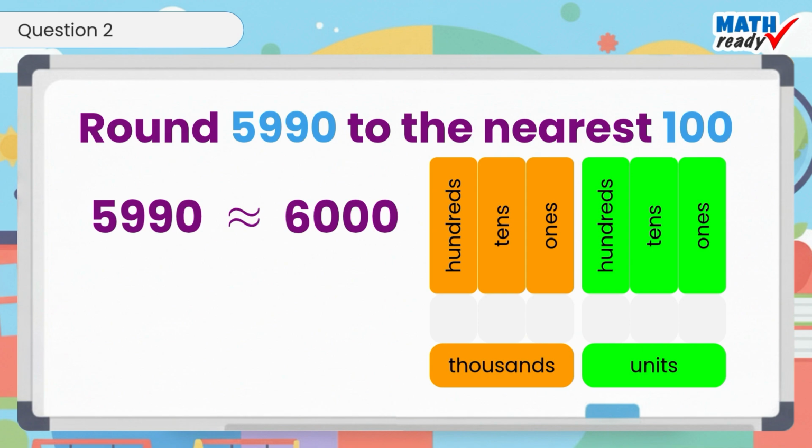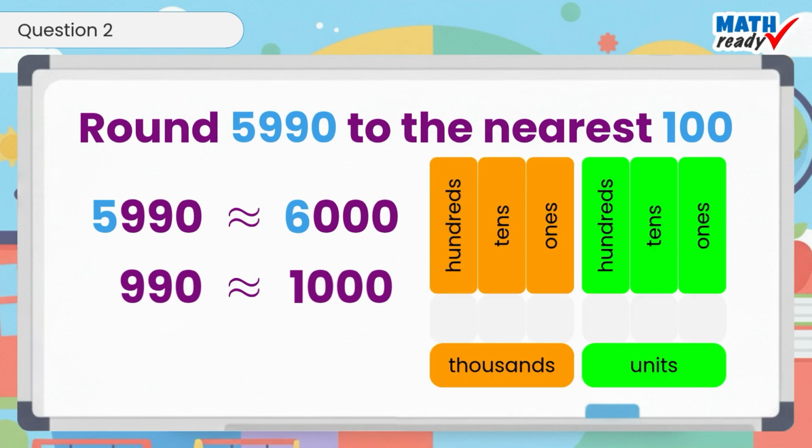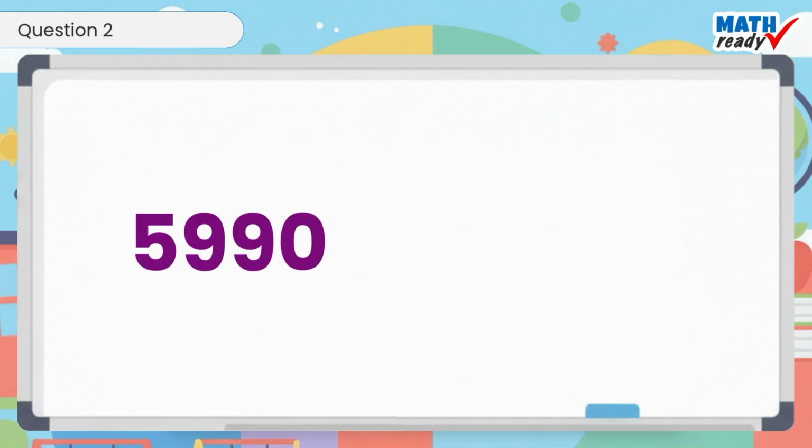We can see that the thousands digit changed from a 5 to a 6. This is because when we round 990 to the nearest hundred, we get 1,000. This means the thousands place value increases by 1, and the hundreds, tens, and ones place values get replaced with zeros. So, 5,990 rounded to the